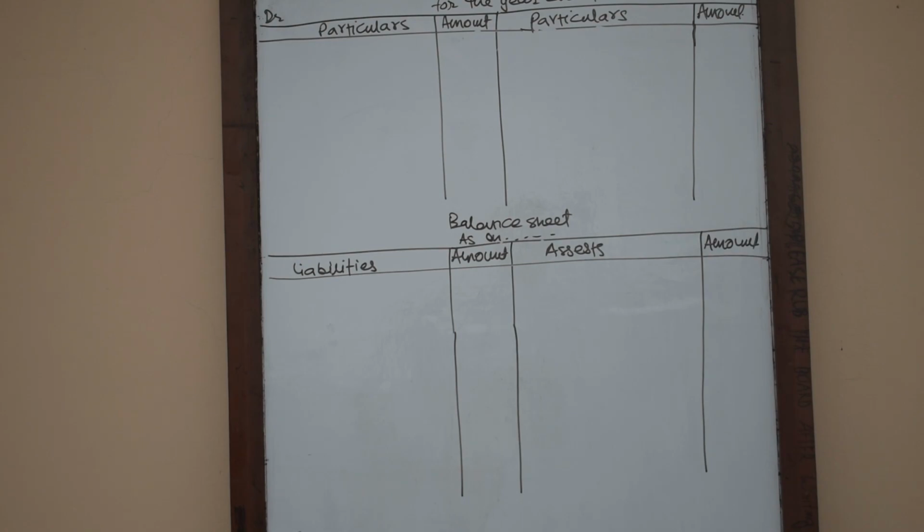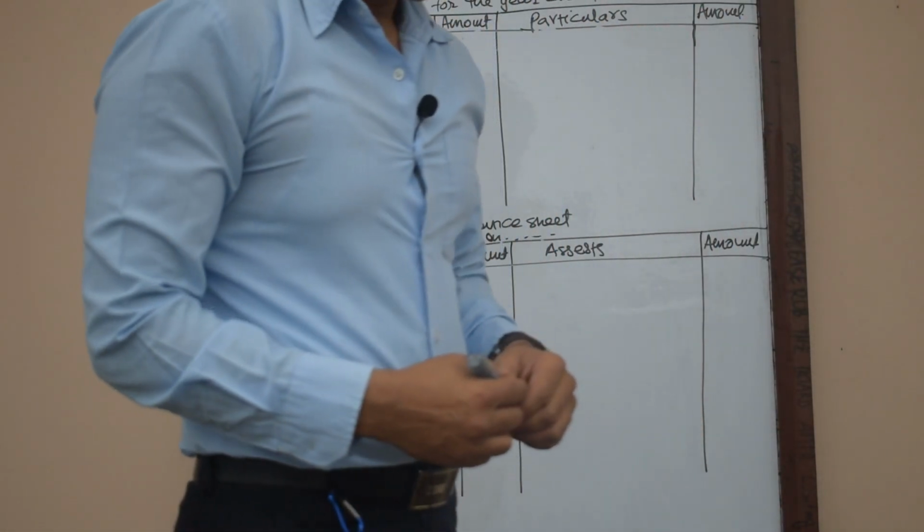The additional information is like depreciation of furniture and computer, interest on loan to be paid for 6 months, rent to be paid for 2 months, and donation is to be capitalized. So these are the additional information. While writing them you need to remember what they are and which is to be adjusted. So we'll start work from